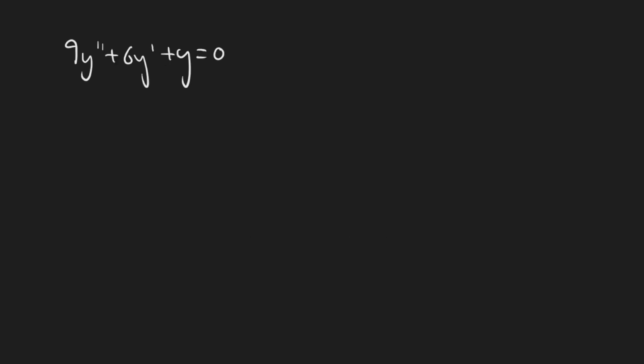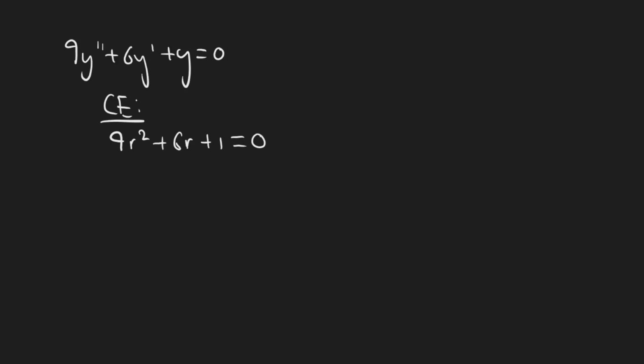All right, here we go. So nothing different about how we start this one out. Start with the characteristic equation. So 9r squared plus 6r plus 1 equals 0. Okay, let's solve this, and to me it doesn't look like there's anything other than the quadratic formula going on